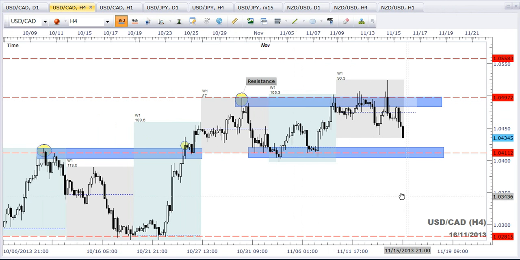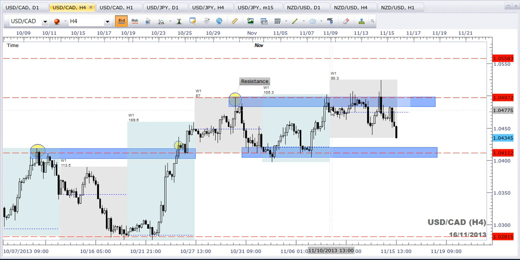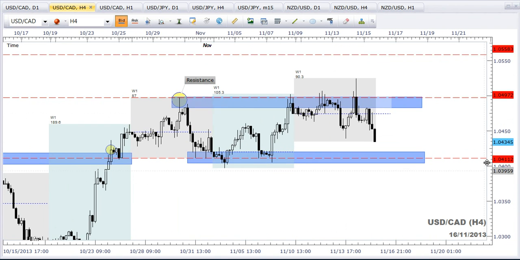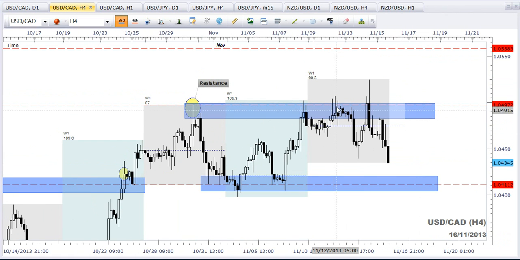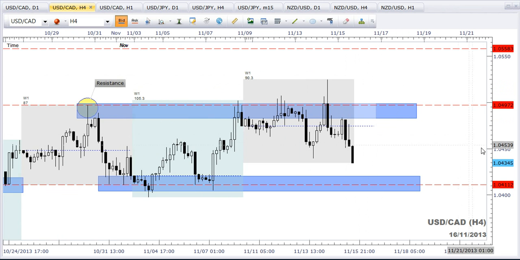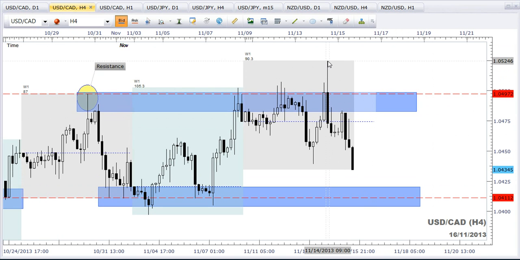So that's the 4-hour chart. What happened last week? It opened up here at around 104.74 and moved sideways, not in a very determined direction. Then it moved up into the region of resistance, came back down, moved back into the region of resistance. Couldn't close, went well above it, shot down, and what did it do? This particular bar right here,